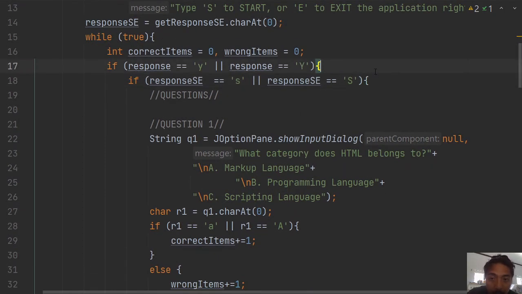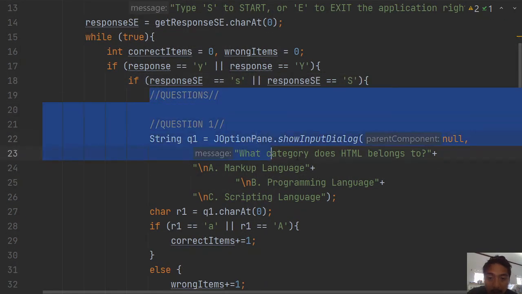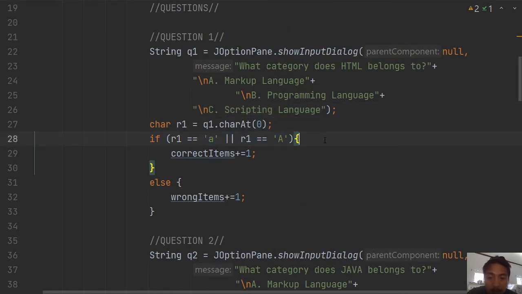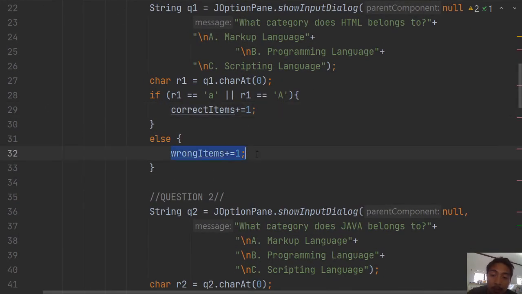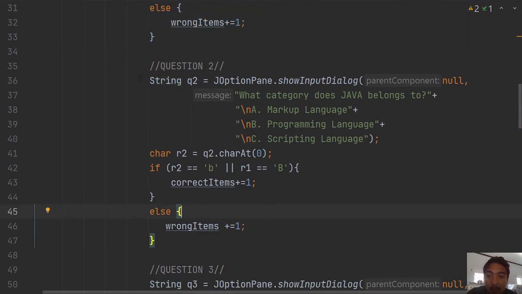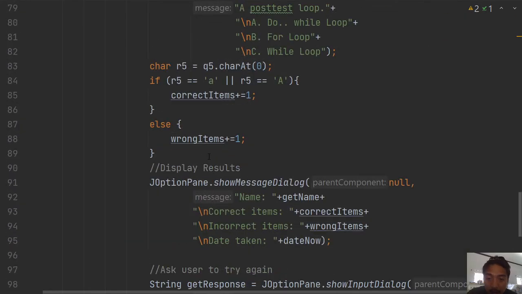Once the user presses start, he will be displayed these questions, and if he gets the correct answer, the correct items variable will increment by 1, and if it's wrong, the wrong items will increment by 1. I just copy pasted those, so make sure that your arguments are right. And then at the end of the questions,